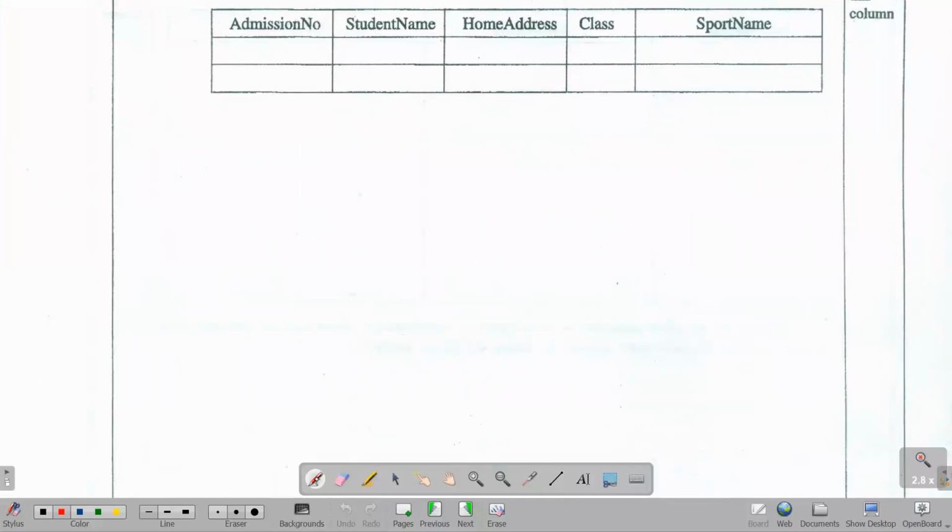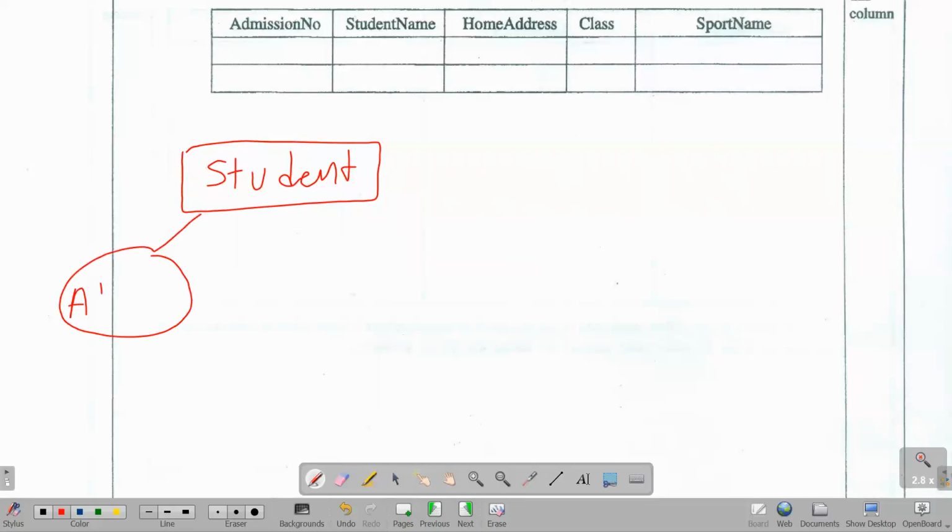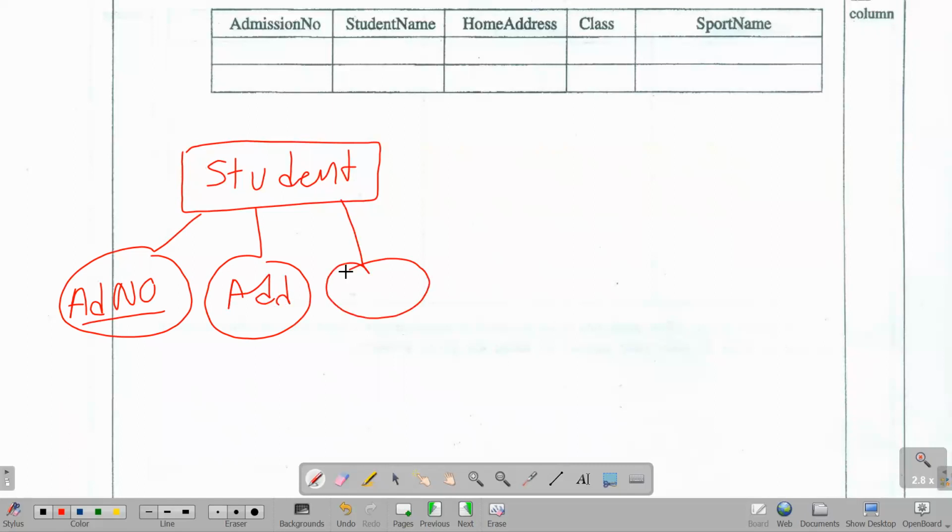So if I recap it to you, the student entity is there. It has admission number, it has address, I'm just using the short forms, it has name, and it has a class,